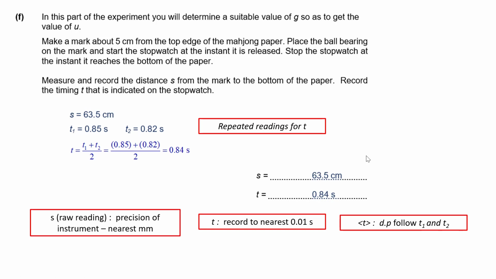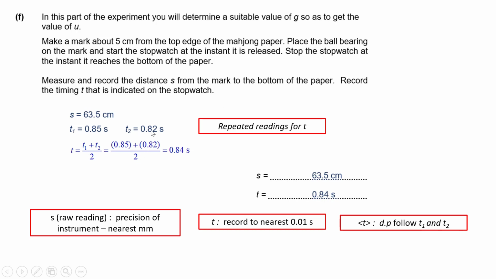But before that, we actually need a value of g. So you're asked to do a second experiment whereby you are asked to find g, and then you are dropping the ball bearing along the slope from a certain height, 5 cm, from the top edge of the mahjong paper. Alright, now when you release the ball, you will notice and start timing and stop timing, you will realize that